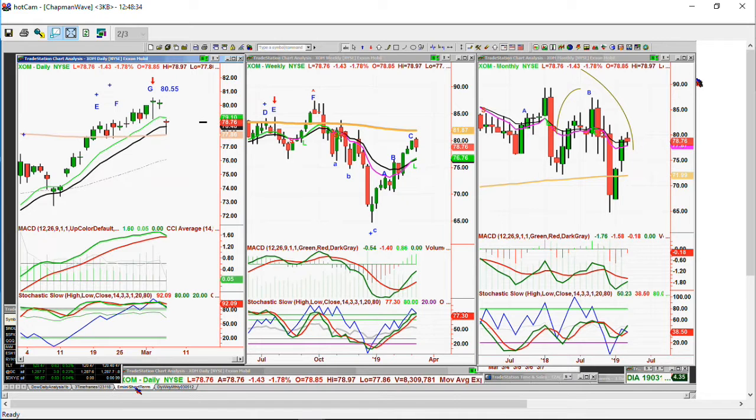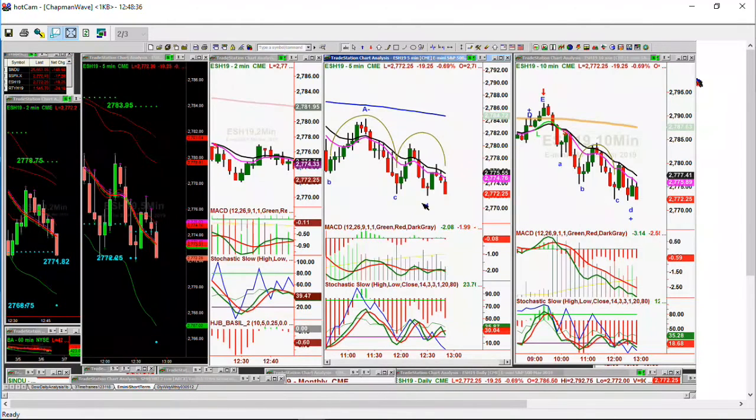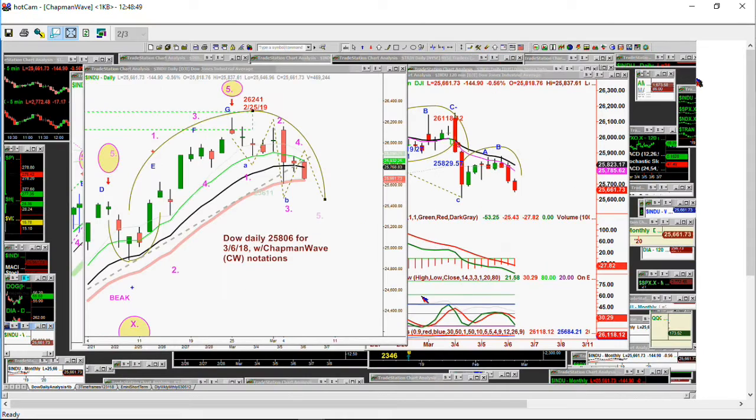Let's just go back to our E-mini right here. Remember, I drew the arch formation. It's about to take out the left side low. I have to tell you, this technique that I developed a long time ago, I just have absolute respect for it. It's not that it can't fail. It's just the number of times that it's worked the way it's supposed to work, this Chapman wave Roman candle. I don't know if it's going to do that today, but it says once you trade into halfway of the lower wick for a certain amount of time in a shorter time period, so it's a daily chart, I'd say 60 to 90 minutes below